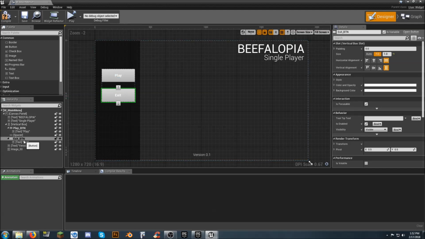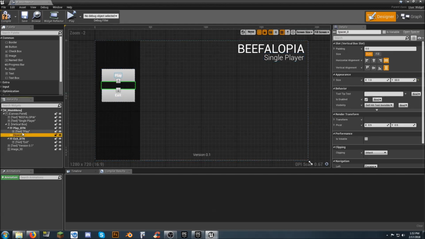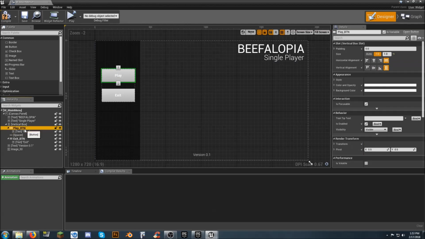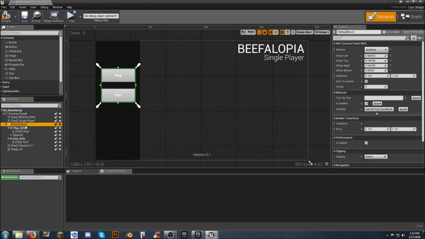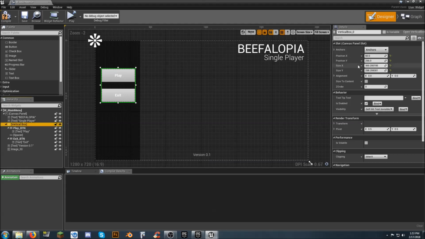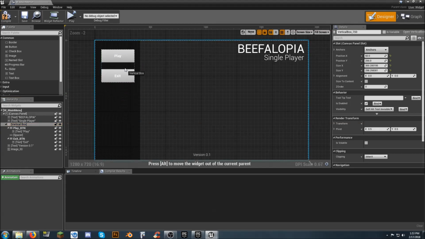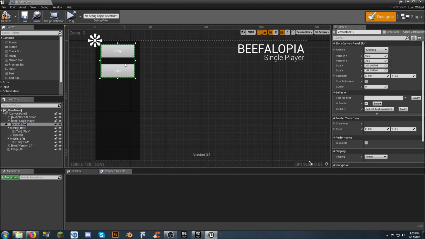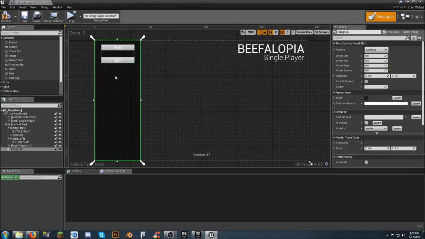In here, the button set with a spacer in between your text, vertical box. It's anchored. Let's change the anchor to top left, and just because I want to be different, I'm going to move it up here, and I'm going to resize it just a little bit. Now we'll do some more cosmetic changes to it later, but